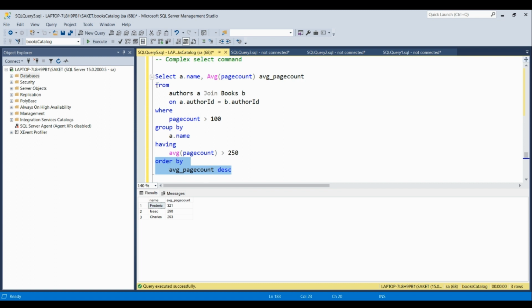So I hope it is clear. The first, this will be executed, the next would be this, and the last is this.